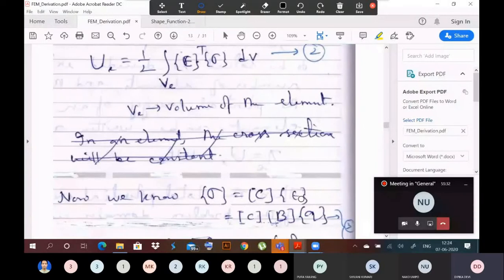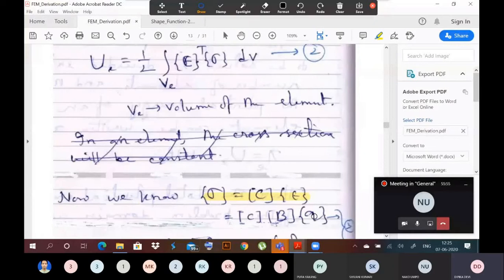So in general, C is a constitutive matrix which relates stress with strain. Okay, then what is strain? Just before, we derived the relationship between strain and the nodal displacement using the B matrix. So epsilon is equal to B into Q, where B is your strain displacement matrix and Q is your nodal displacement vector. So that will be a function of the displacement of the nodes. So ultimately, the stress also can be written in terms of the nodal displacement.